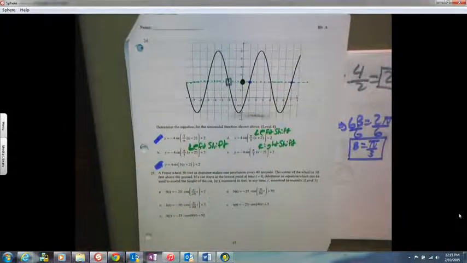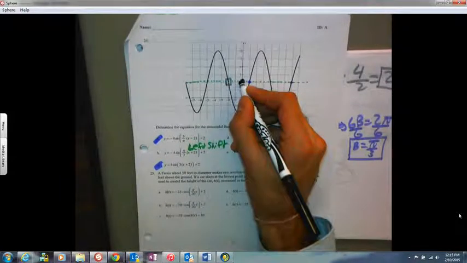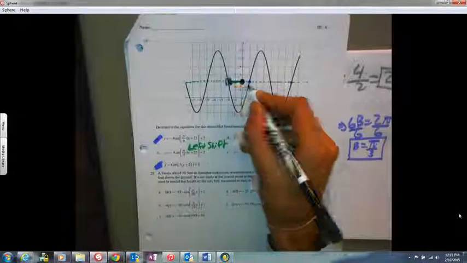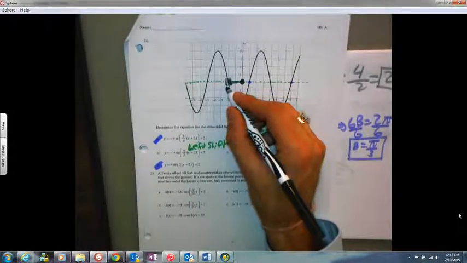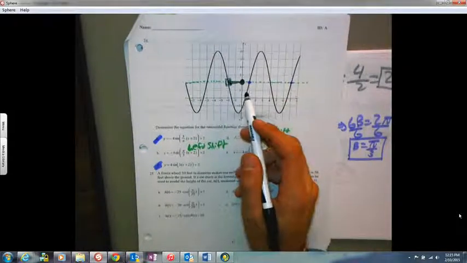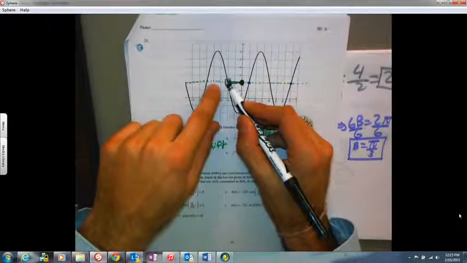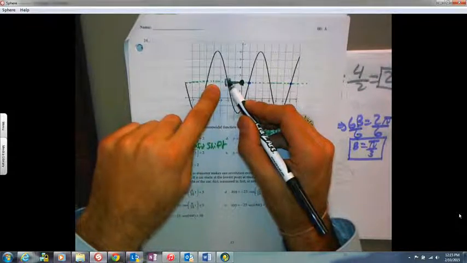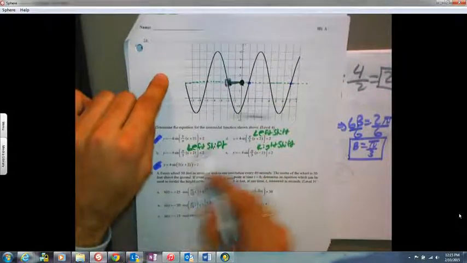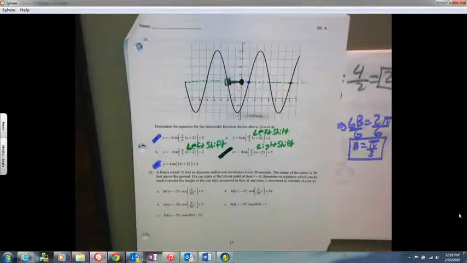In other words, the black dot shifted left by 2. There was a left shift by 2. Something in the equation made the graph go left by 2. The only thing that could have done that was one of these. E is gone. So now you're left with, is it negative sign or positive sign? Well, midline